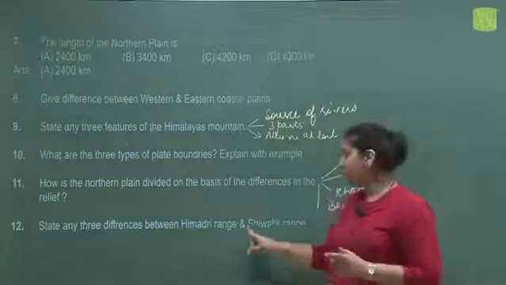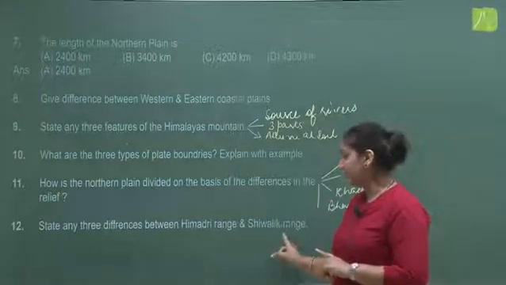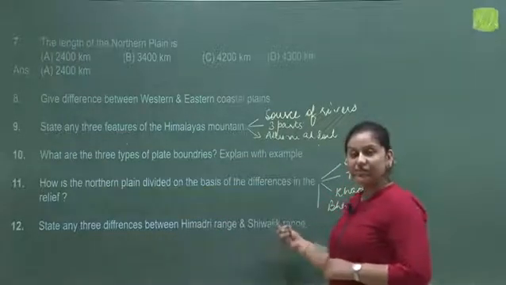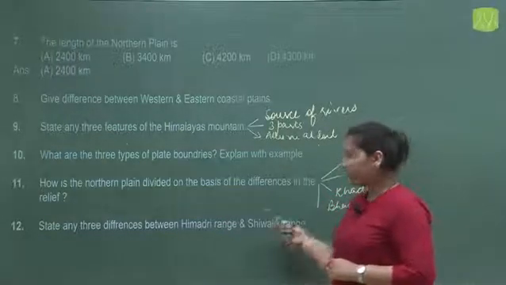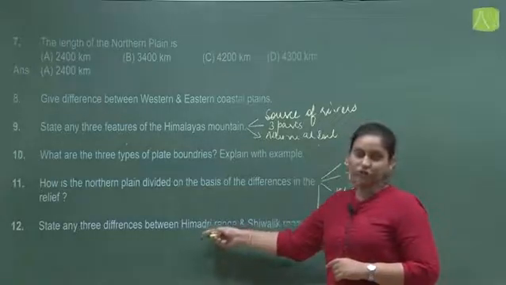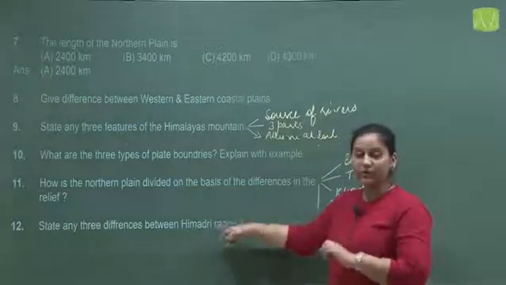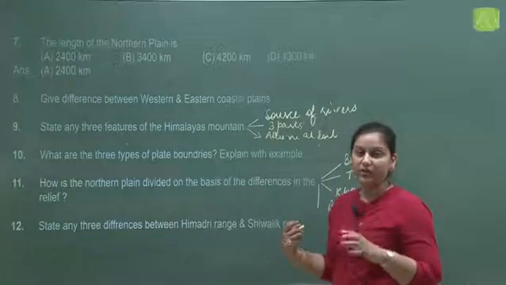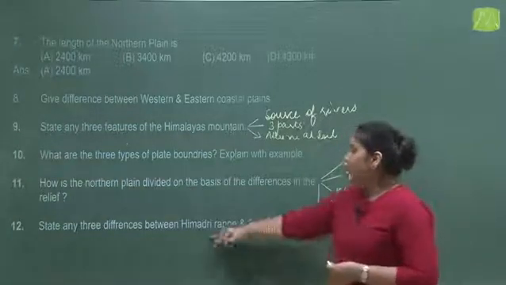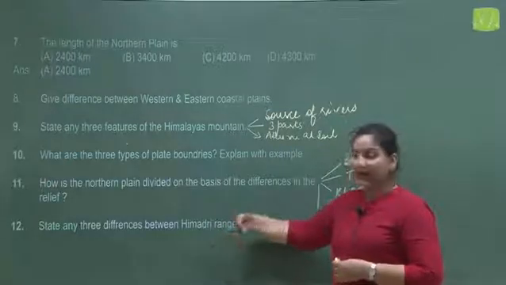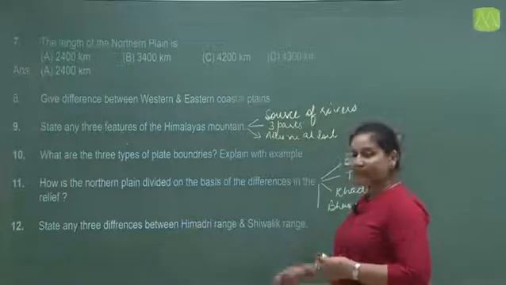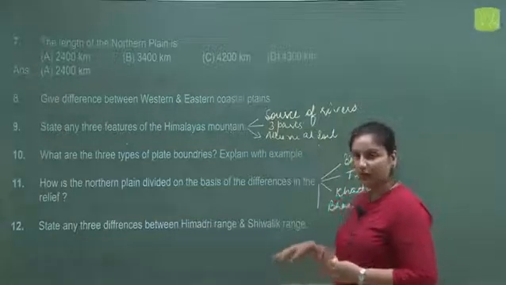First difference is you can mention about their height. Himadri's average height is 6000 meters, whereas the Shivaliks' average height is 900 to 1100 meters. The formation of rocks here, its core is made up of granite, and in the Shivalik range you will find consolidated rocks, altered rocks. The Himadri range is the highest range, inaccessible to common people, and the Shivalik range is lying on the foothills of the